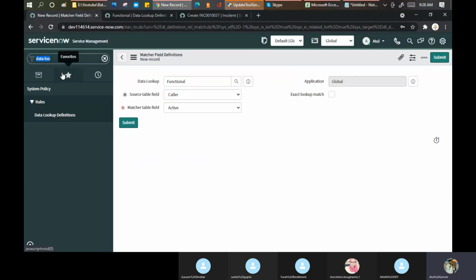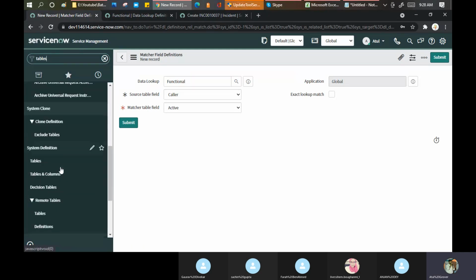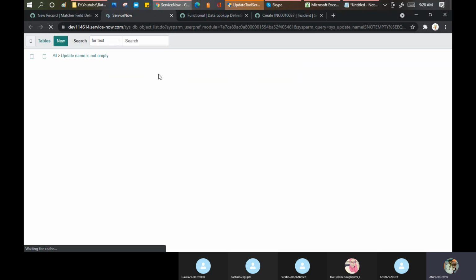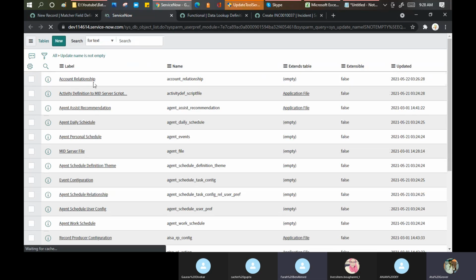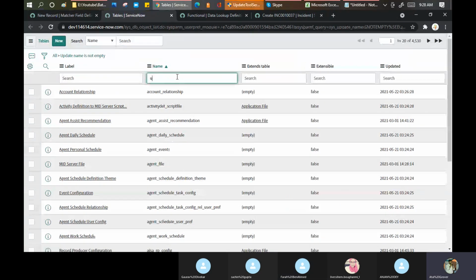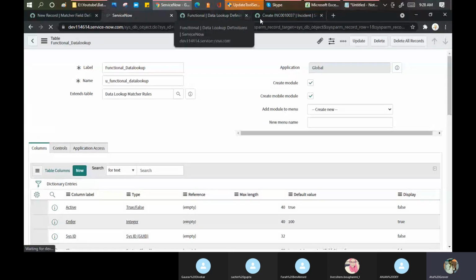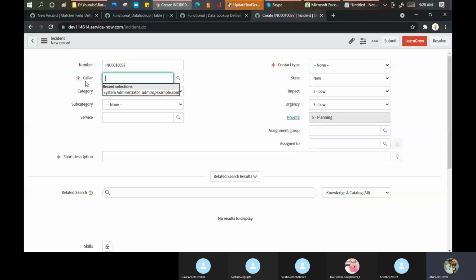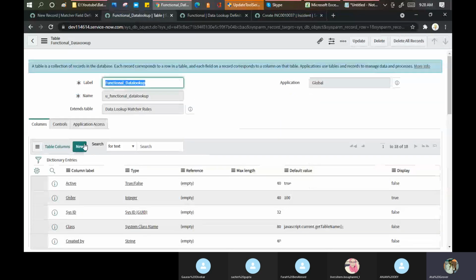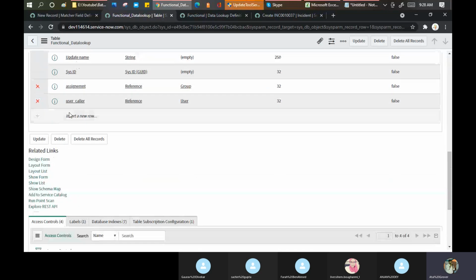Let me open this, so that it is easy for you to understand. Okay, yeah. So what I'm doing here is saying the caller field of my incident should be mapped with the user caller of this particular table.